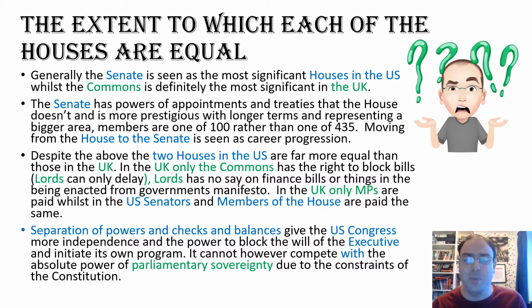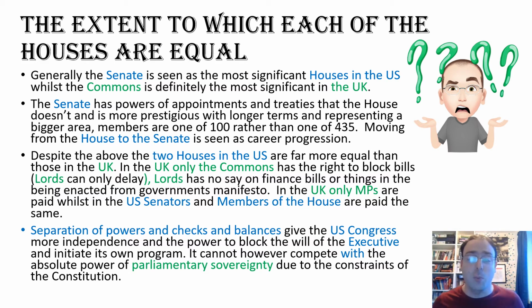Separation of powers and checks and balances give the US Congress more independence and the power to block the will of the executive, and they've got more power to initiate their program. So in that you would suggest that the houses of Congress have greater power than the UK Parliament. But that's as long as you're talking about it as legislature versus executive. Now, obviously, it's not that straightforward because in the UK they tend to be one and the same thing pretty much, and so